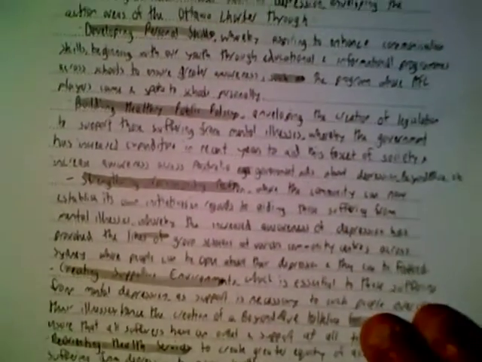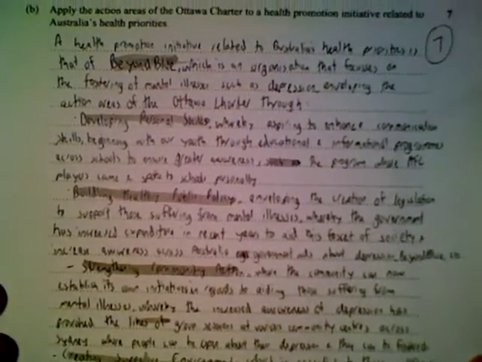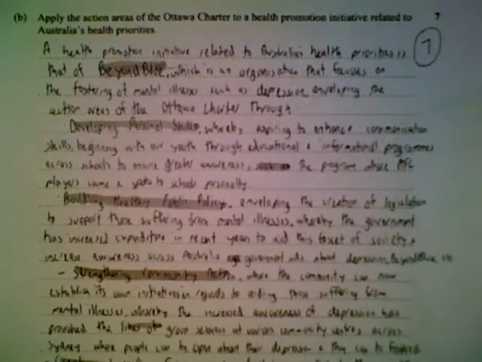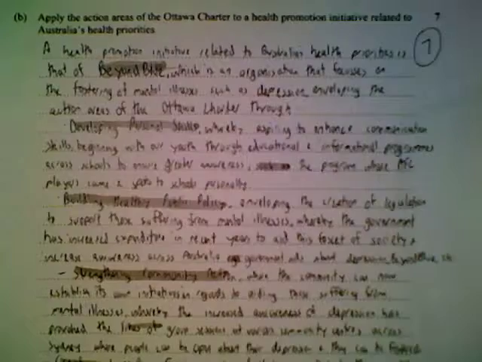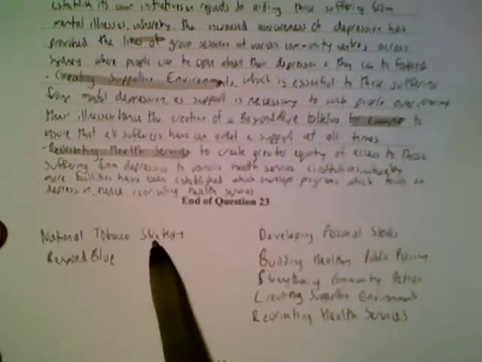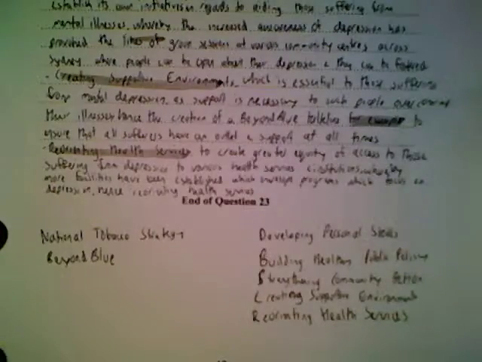If we then go to a very good response here, it just happens that the same website, the same initiative, is being used: Beyond Blue for depression. This is a full mark, 7 out of 7, great response. Things I noticed straight away: in comparison to the previous answer, we haven't got every second or third word underlined or highlighted. We've got some well-structured setting out. This student has written a few things down the bottom of the page: National Tobacco Strategy, Beyond Blue. He's written out the 5 areas of the Ottawa Charter, making sure they're all going to be included and completed in his response.